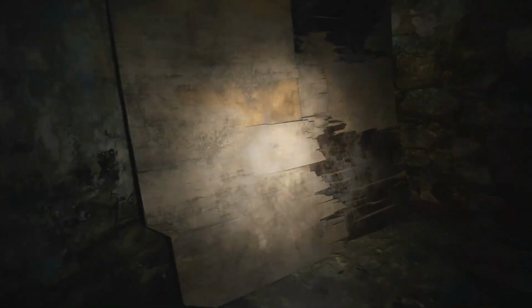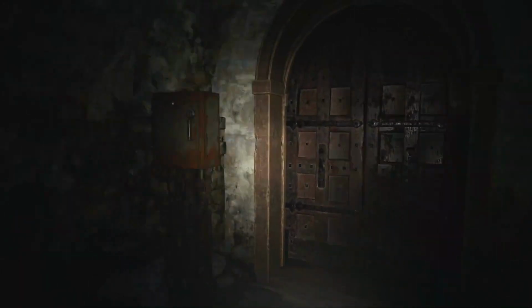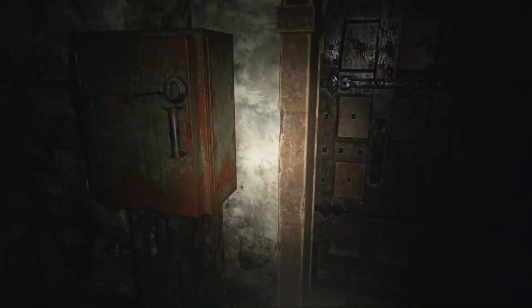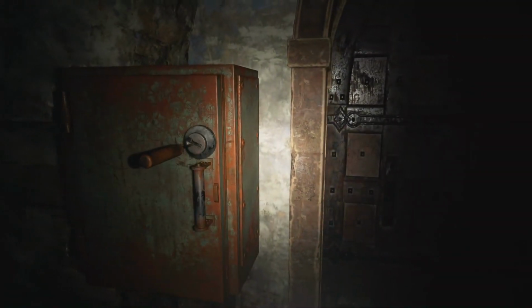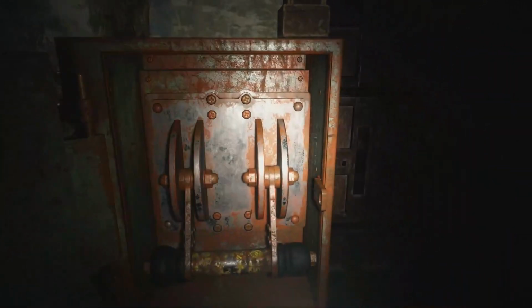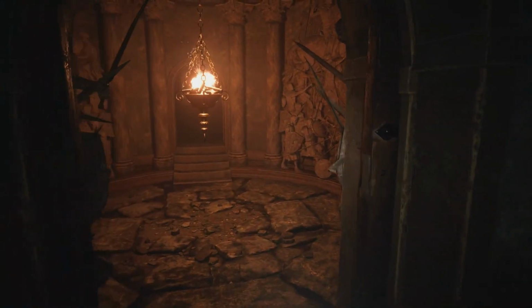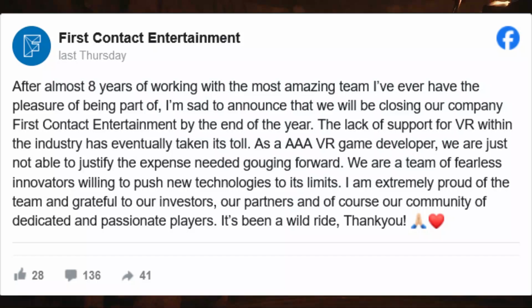First Contact was founded in 2016 by a group of ex-Starbreeze developers. It raised $5 million in an investment round soon after. First Contact prides itself as a studio at the forefront of VR development, having released titles such as Firewall Zero Hour, Firewall Ultra, and Solaris Off-World Combat. First Contact had suddenly announced its closing in a message posted on December 21st, despite having just released Firewall Ultra back in August and recently revealing the sequel to Solaris.